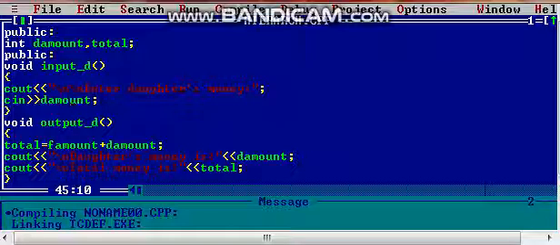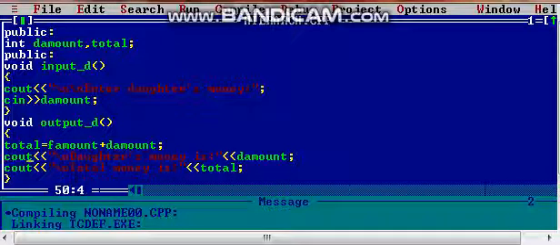taking daughter's money through the keyboard, because this message will come on your screen. You will input a value through the keyboard and it will be received by cin and it will go to d_amount. So the money of the daughter will be in d_amount through the keyboard by using cin. Output_d, one more function. So what we are doing: total assign f_amount plus d_amount. In this, father's amount f_amount and d_amount, we are adding both of them and assigning into the total.